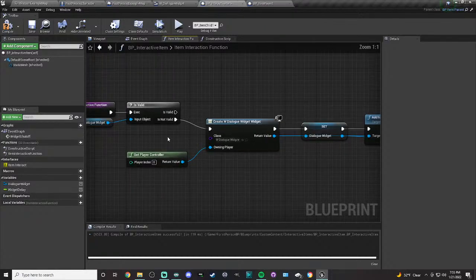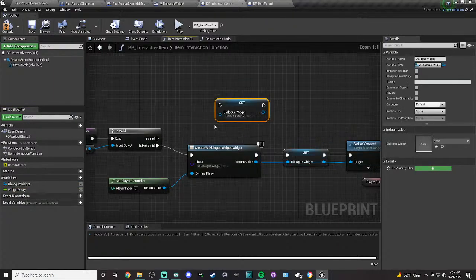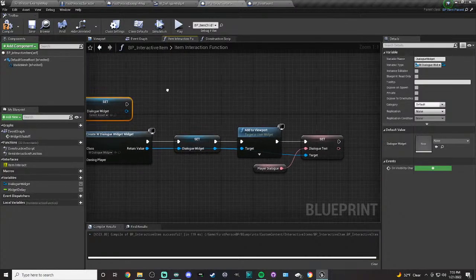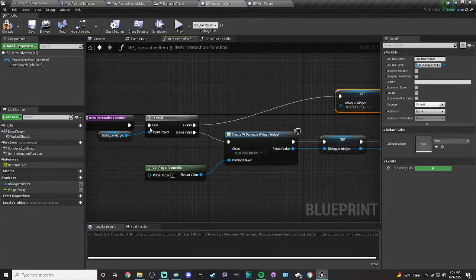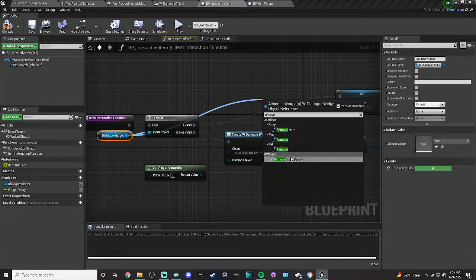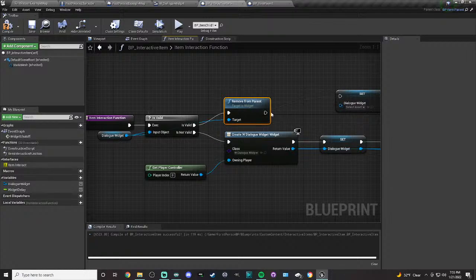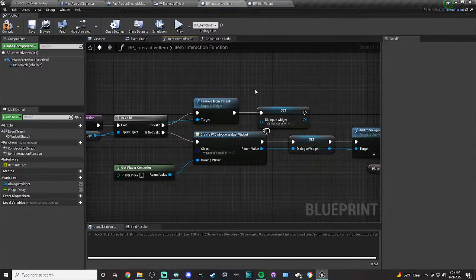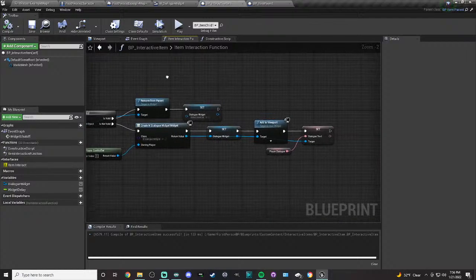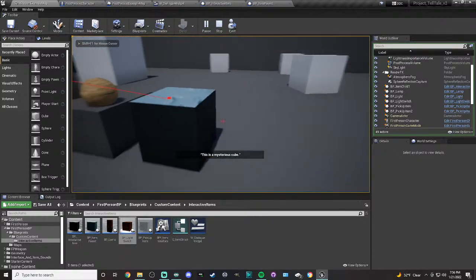But this time, because the widget already exists, instead we're going to remove it from the screen. And I think you just do it like that. You're basically setting it as empty. Oh, we should also remove it from the viewport. Maybe? I think that should work. I think that'll work. Let's see. But after a delay,